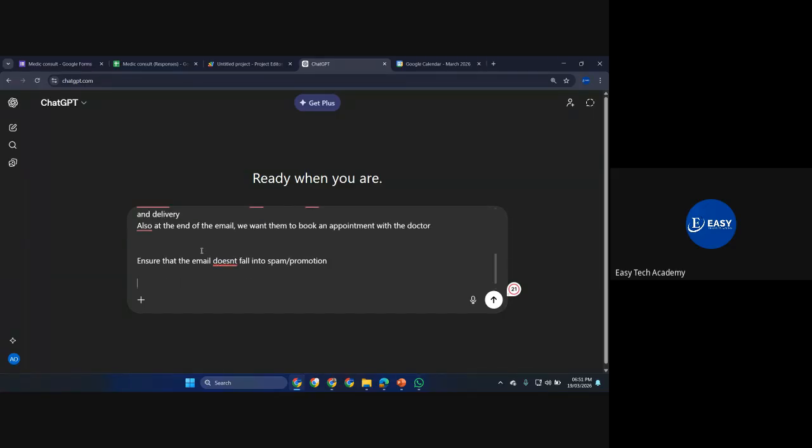Now I want my email to be different. If you see some emails, I don't like them, but what I want it to do, I want it to do it in a beautiful way. I will come, I will say, I want you to use HTML and CSS and make